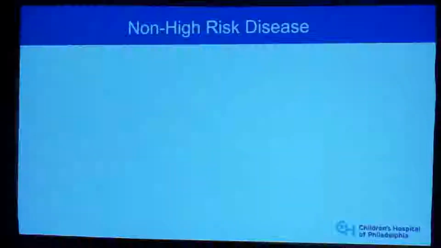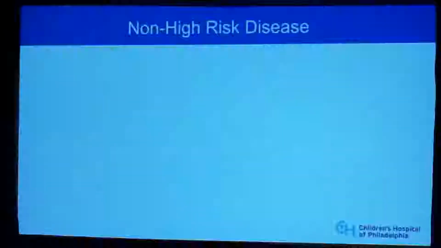We can divide our patients into high risk and non-high risk. In some areas of the world, the patients are divided into high risk, intermediate risk, and low risk. But for the purpose of this talk, I'm grouping the low and intermediate risk together because I think in large part we can think of them with goals that are a little bit different from how we think about the high risk patients.